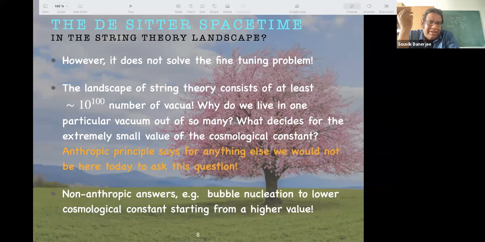And of course, there are some anthropic principles, like Weinberg said long back, that if it were anything else, we would not be here to ask this question. So this is one very standard answer to this question. But there are also some non-anthropic answers, as we will be discussing when we go around, which is basically something called